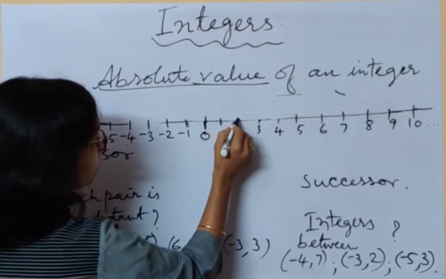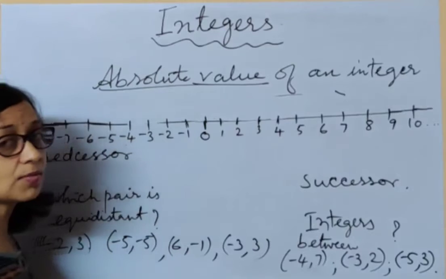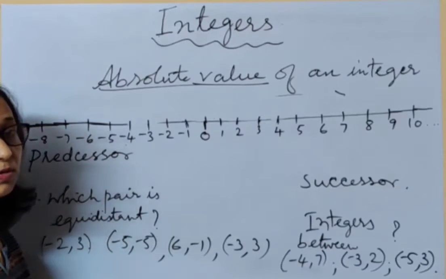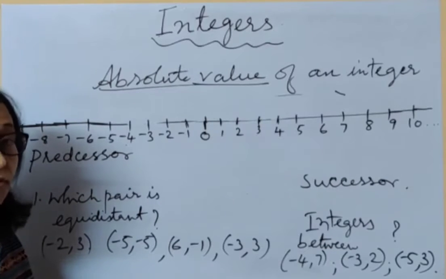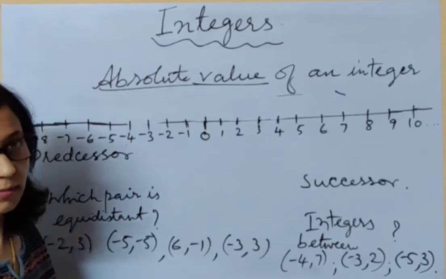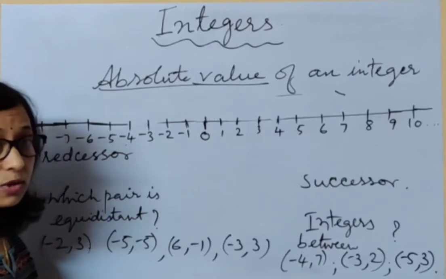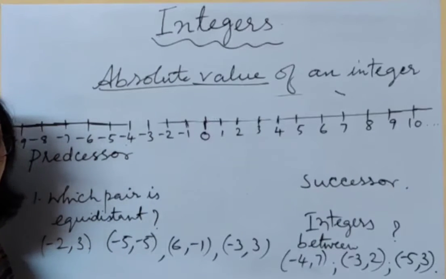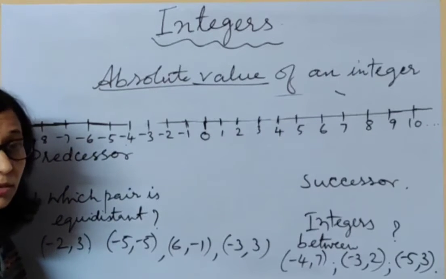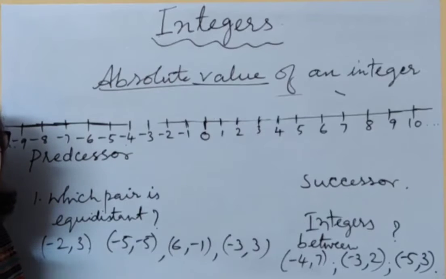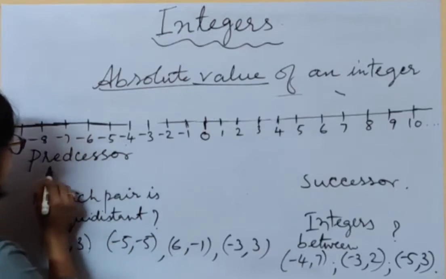But if we say just before or just after, then you have to write just after plus 1, just before minus 1. Just after plus 1, whereas plain after can be any number more than that. And just before minus 1, and if you only say before 0, what number comes? Then it can be any number before 0. And if we say just before 1, or just before 0, then which number comes? Then you have to understand and write that specifically. So now let us first do predecessor.